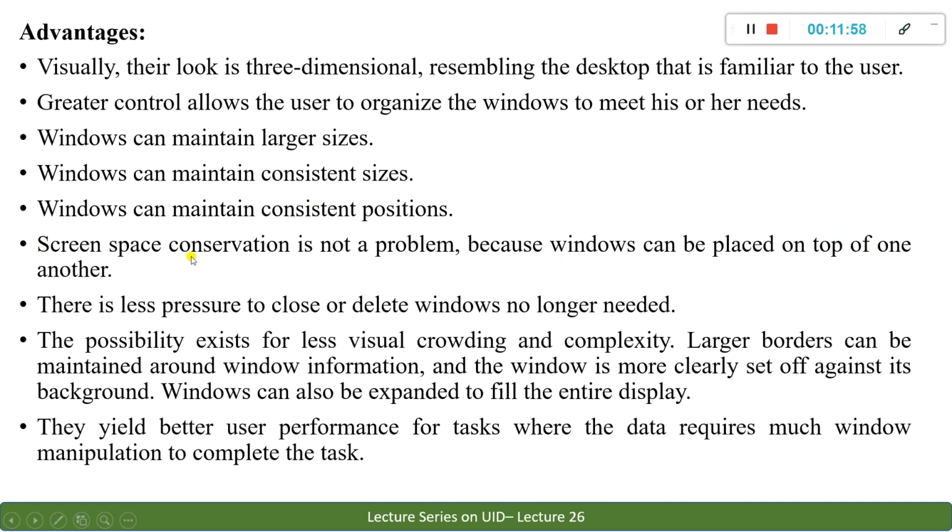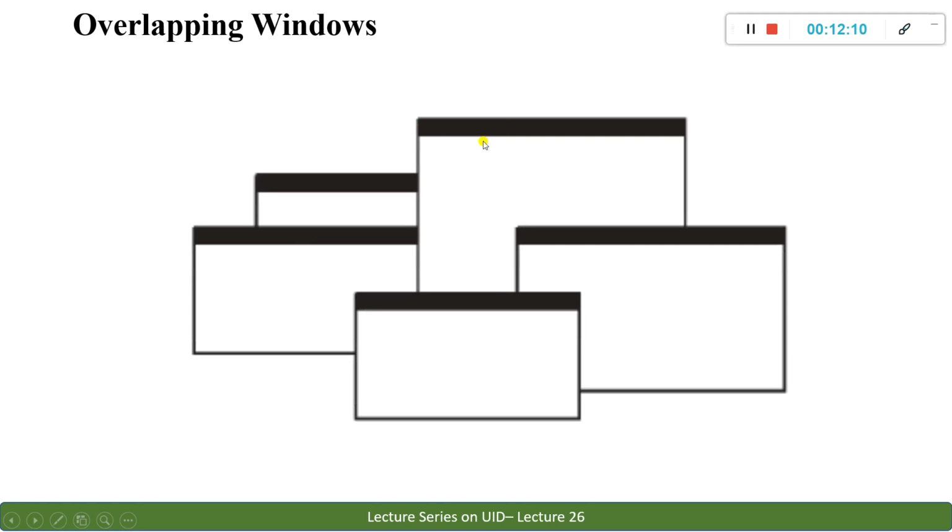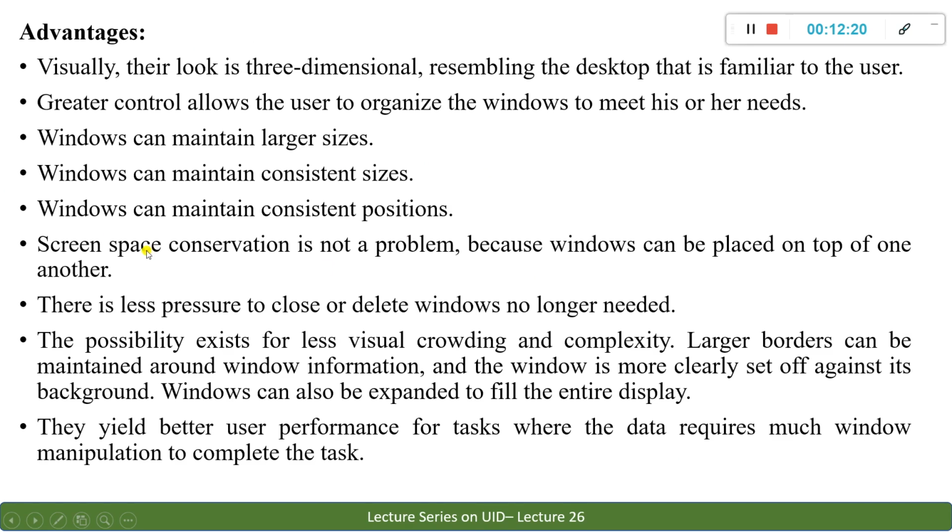Like in your tiled windows, what was there was you had divided the whole window into different tiles and you had smaller part for that. But here this is not a problem. You can see in the diagram, this window which is overlapping these two and is behind these two, I can increase the size of the window to the whole screen. That property is also available. So there is no conservation problem. You need not conserve the space. You can keep your window as large as possible, as per your interest.